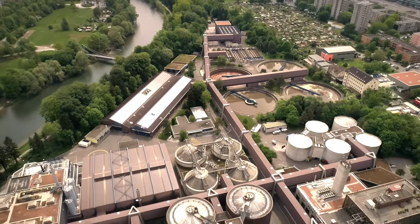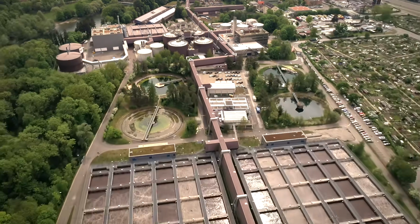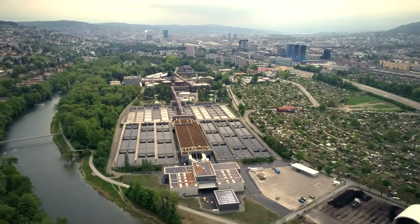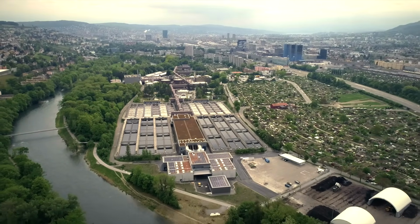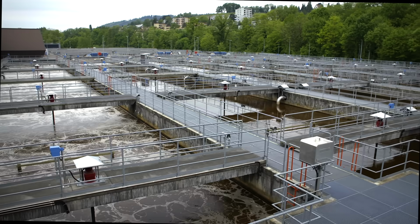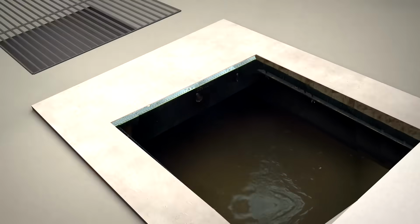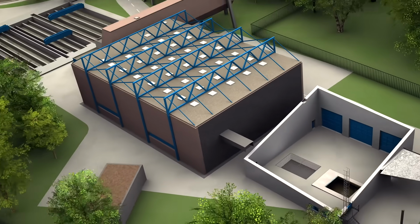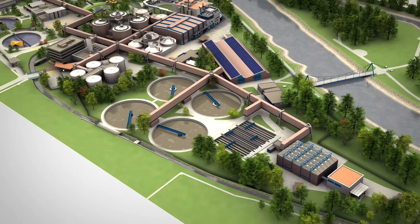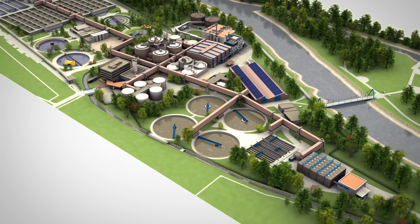Entsorgung und Recycling Zurich treats the city's wastewater in the Werdhölzli sewage treatment plant. The plant is the largest and among the most modern in Switzerland. After heavy rainfalls, the flow in the plant rises to 6 cubic meters, or 35 filled bathtubs per second. This adds up to 70 to 80 million cubic meters of wastewater per year, which nearly equals the load of a supertanker per day. The water is in the plant for around 19 hours, where it undergoes various treatment stages: